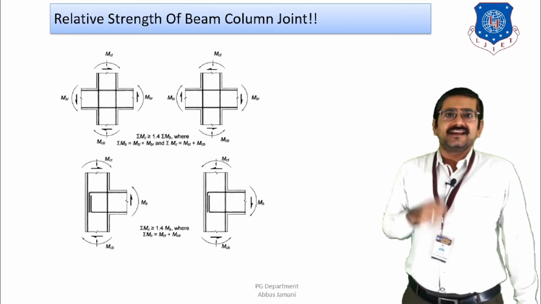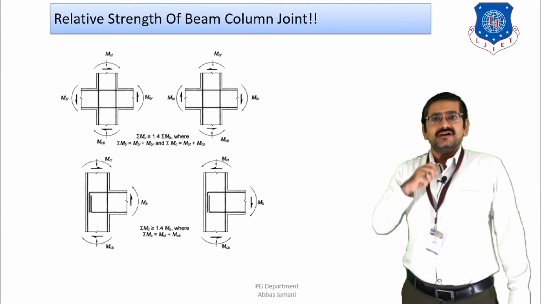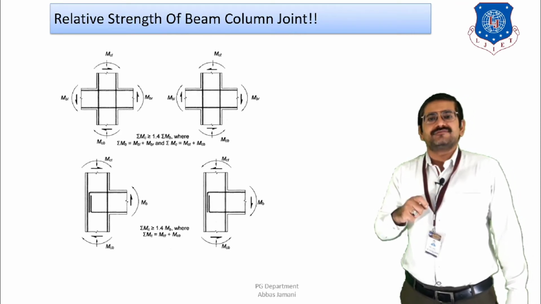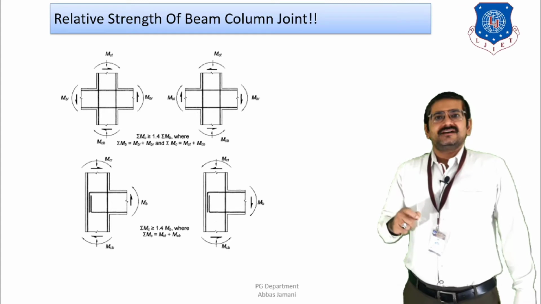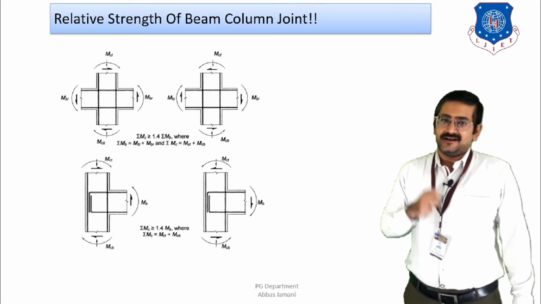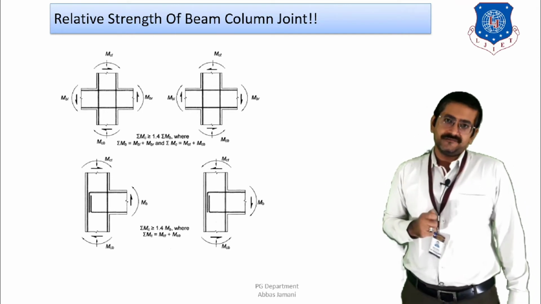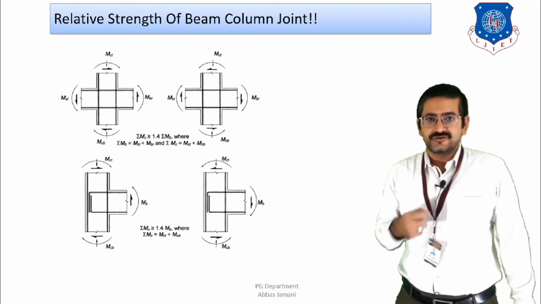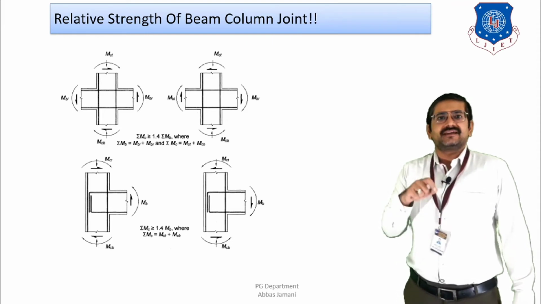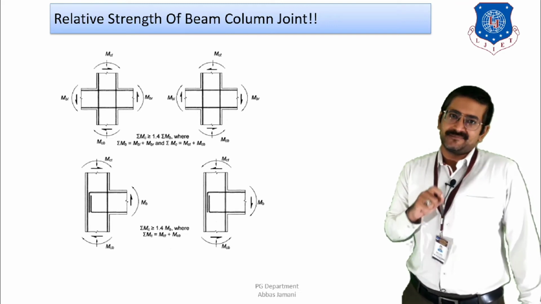Next is regarding the relative strength of the beam-column joint. Now in the previous lecture, we have shown that in order to introduce ductility in the member, it is necessary that the inelastic deformation should be limited to the beam and the column should remain elastic in nature. And for that, we also saw the solution in the last lecture, that the moment carrying capacity of the column should be much higher as compared to that of beams. So the question is how much higher it should be. IS 13920 gives us a guideline that the moment carrying capacity of the column should be greater than or equal to 1.4 times the moment carrying capacity of the beam.